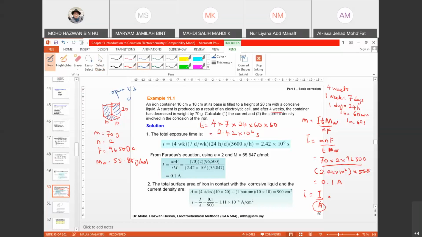Open lid container means that it is not closed. So if it is a closed container, then of course we will consider that. So that is why I think only one